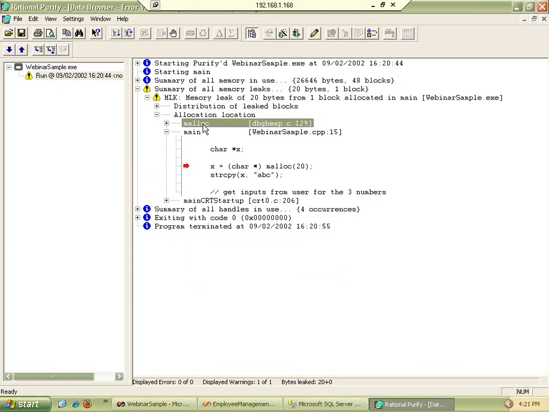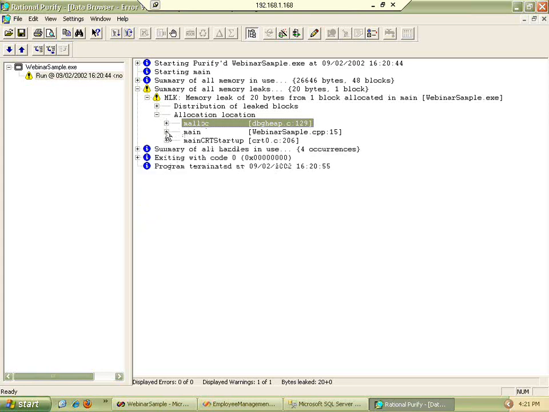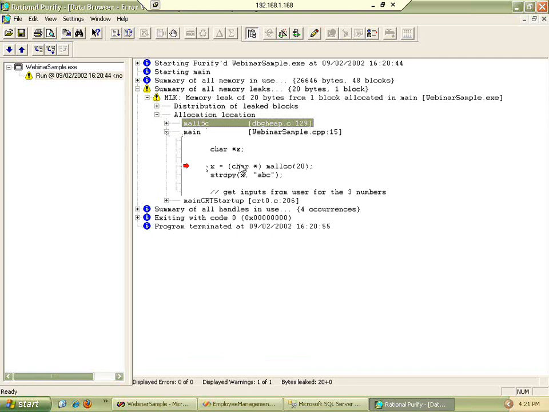The allocation happened from malloc. Then you can expand this plus signs. If you do that, look at this. It says this line, right? This particular line, which is the 15th line on this program, that allocated 20 bytes, but it is not released.